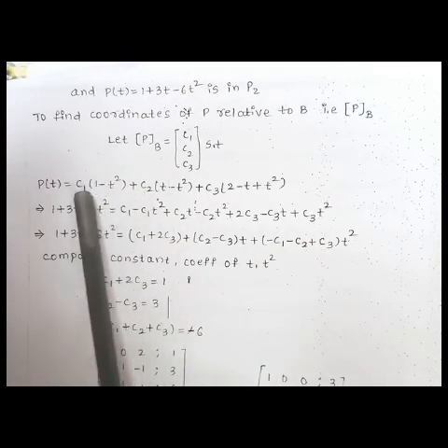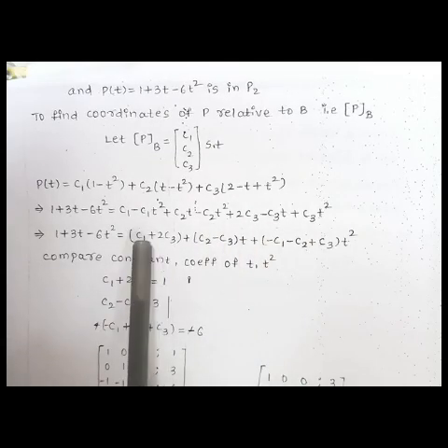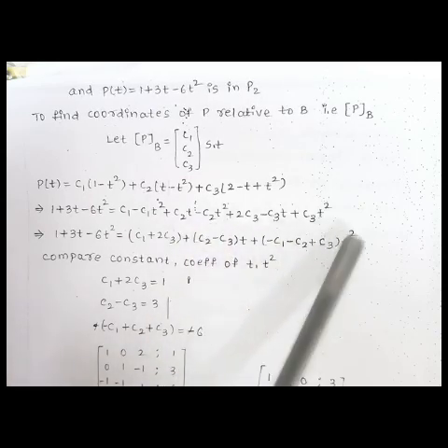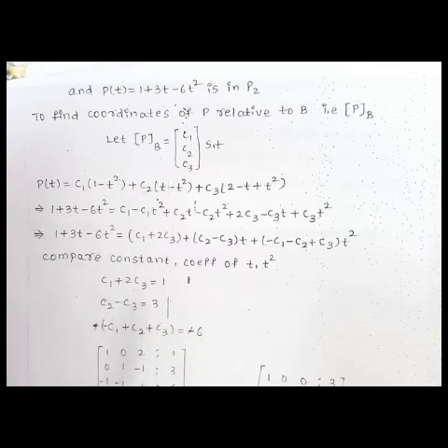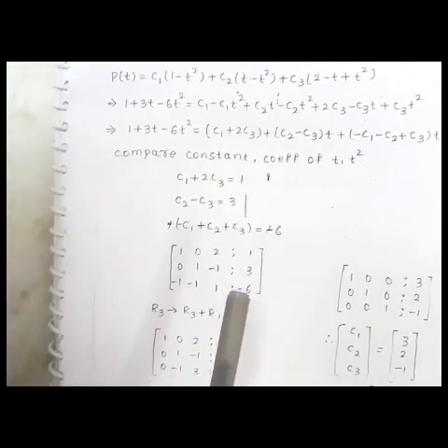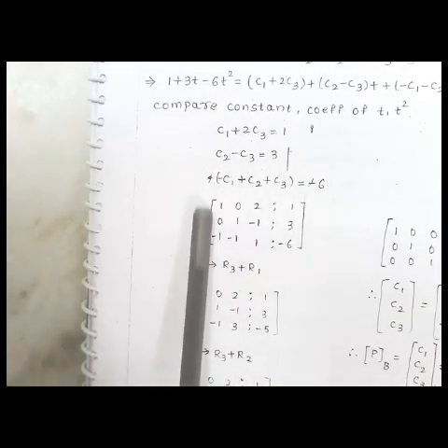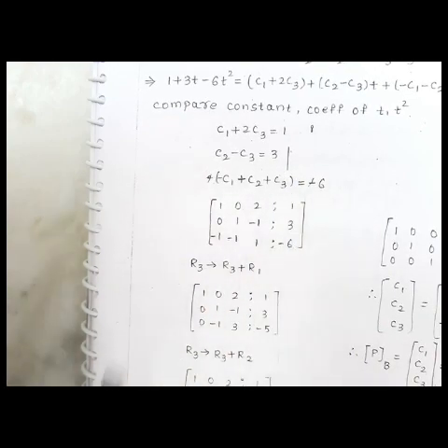Again take the multiplication, take the expansion, multiply all the terms. After that take constant terms at a time, take t terms, take t common, and take t square terms. After that compare constant coefficients, t coefficients and t square coefficients. So by solving these 3 equations we can get C1, C2, C3 values. Otherwise you can apply the same previous method: by taking row operations we should convert this into identity matrix form. Then whatever the values on this right side, those will be the values for C1, C2, C3.